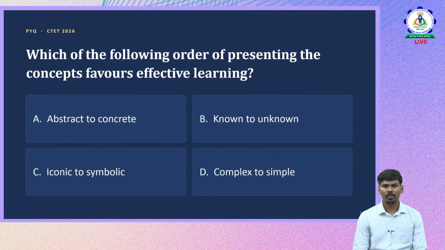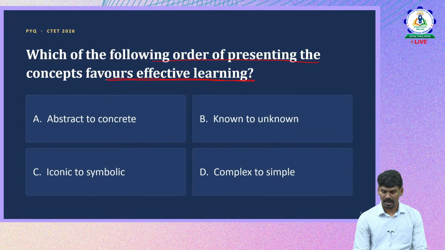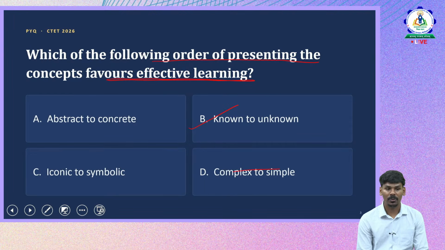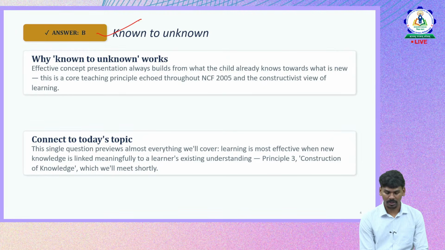Which of the following order of presenting the concepts favors effective learning? Is it abstract to concrete, known to unknown, iconic to symbolic, or complex to simple? This is a question that we have already discussed, and if you pay attention, the question is asking which of the following order of presenting the concept favors effective learning. The correct answer here is going from known to unknown. So going from known to unknown is the correct answer. Now why does known to unknown work? Effective concept presentation always builds from what the child already knows,